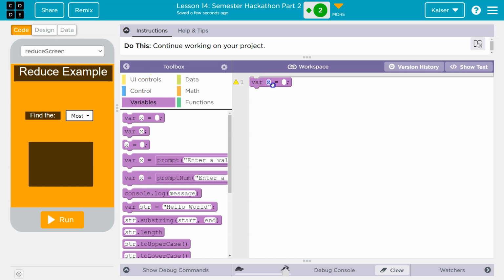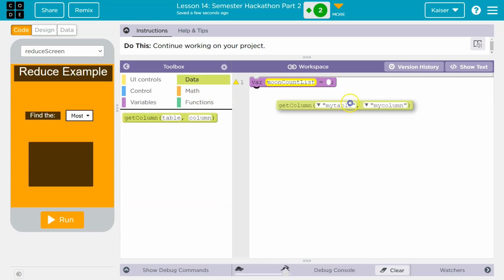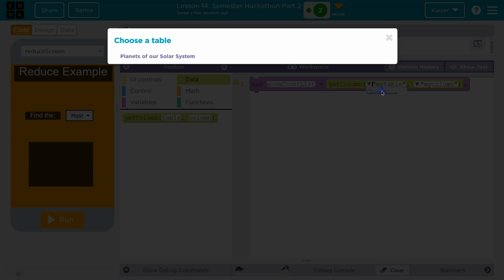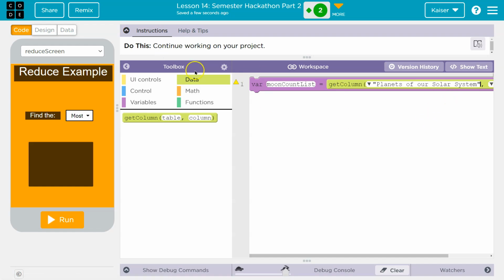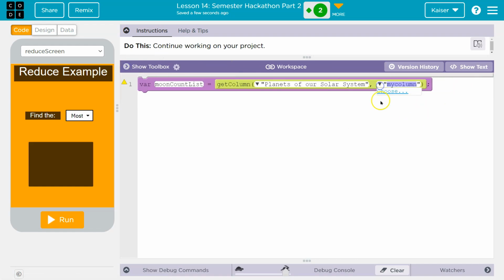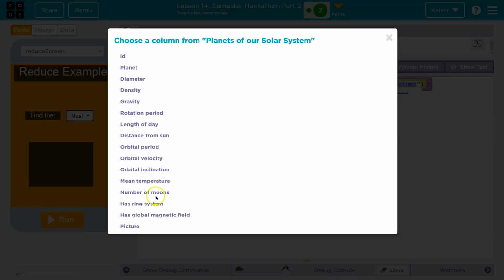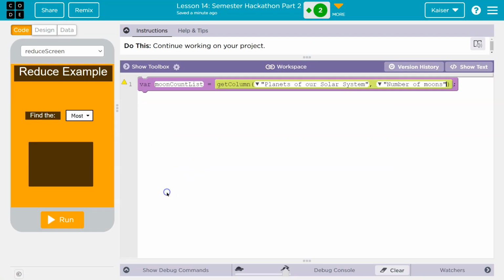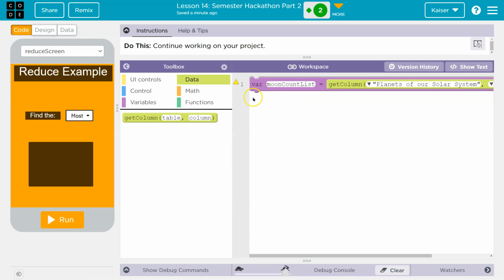But okay, so I'm going to say moon count list. Right? That would make sense. And then I'm going to go get column, boom. Choose planets in a solar system. Well, that's a long name. And then what column did I just say I wanted? It was the moon count. Number of moons. There we are. Okay, so now I have the number of moons in this list, and I want to make use of that